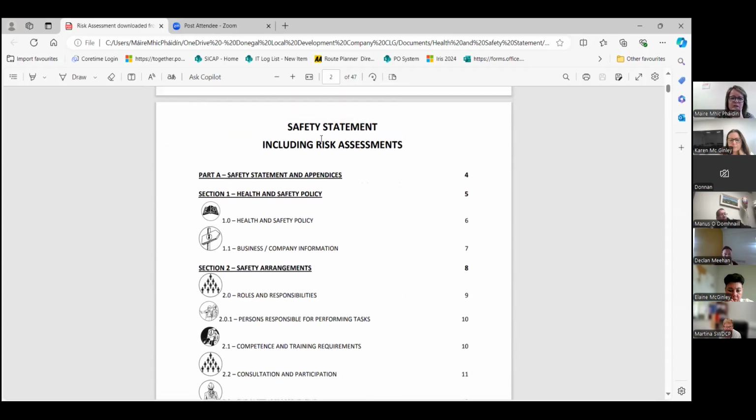So this is what it looks like. Your safety statement includes risk assessment. So part A, safety statement and appendices. Section 1, health and safety policies. And then you have the one. So it's all itemized there on